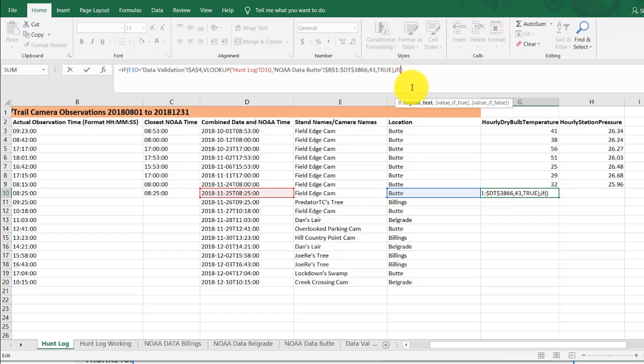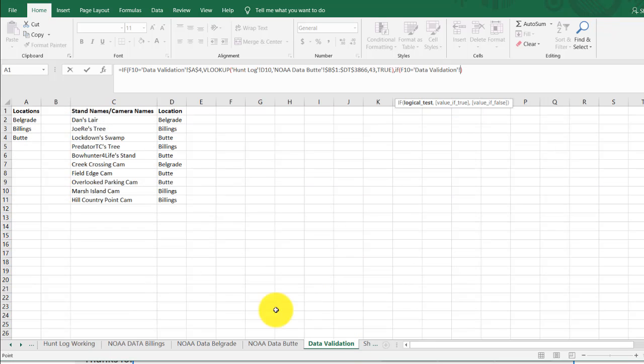Now my logical test is going to be, does this cell equal Billings? So click on the cell, but make sure you click on the cell that's adjacent to it in the same row. Don't click in the Billings cell, click in the Butte cell again. So our logical test is going to be if this cell equals, now we want to do Billings, so go to your data validation tab, select Billings, F4 to lock that, comma, and now we're going to do a vlookup for Billings, because if this equals Billings, we want to look up Billings weather. So go ahead and do a vlookup,